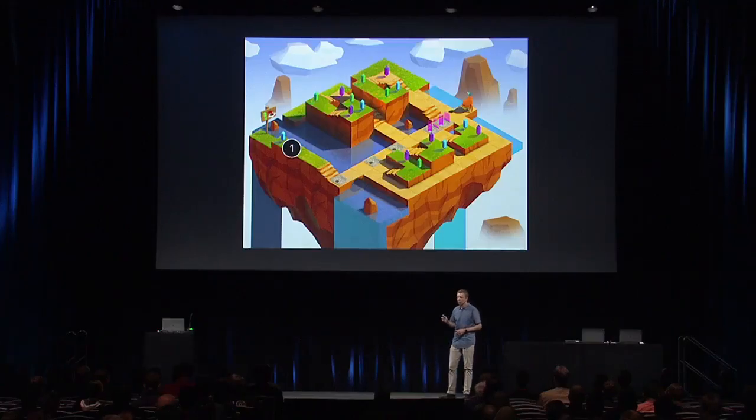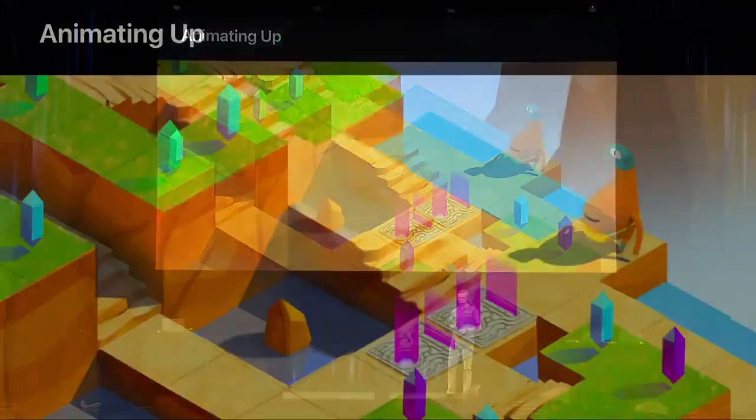So that's our first stop. That's how we put the world together. We separated the data from visuals, and we used tools. Now, on to animations. So if we look closely at the stairs, you can see this is actually a fairly